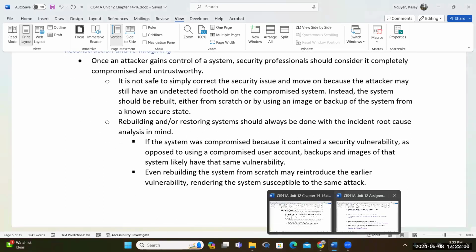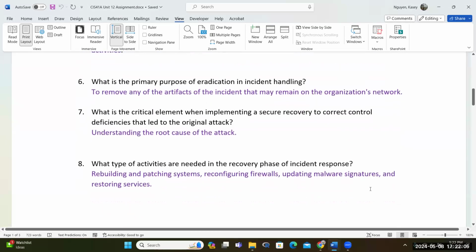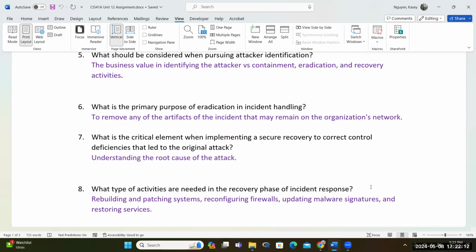So the areas that you need to recover would require that you re-image your system, right? If you have an original image, what you can do is take a look at that image and see what areas of security you can implement, what things you can update on that image. It's because it's software, right? So we want to make sure that we have some type of patching mechanism for our existing image, and then be able to re-image those onto the system that was impacted.